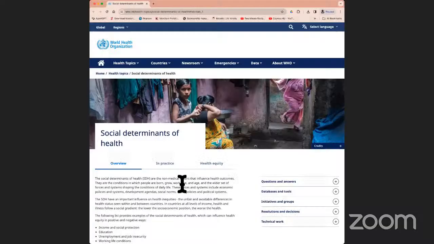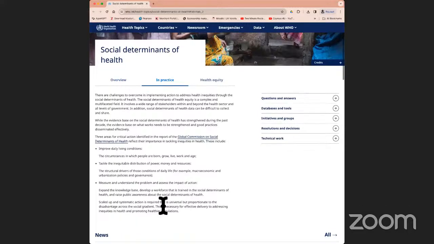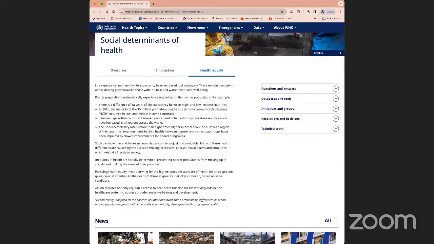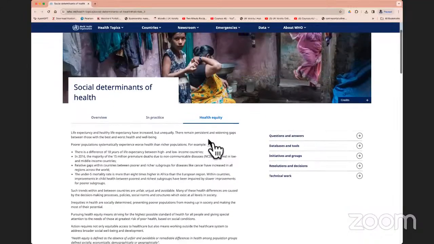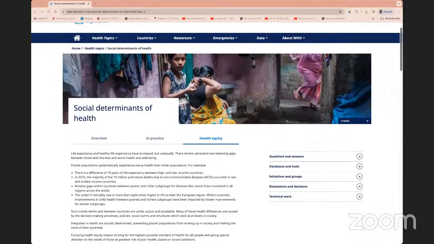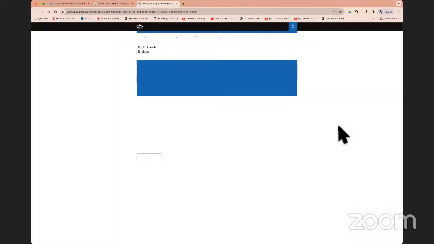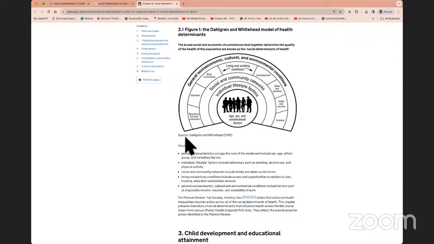So if I go into the website, this is the website from which I'm looking at social determinants of health. There are bits and pieces mentioned here. I would want to go through some bits of the article here and obviously discuss health inequality. You could pick out some text and bits and pieces from here that will allow you to elaborate on the task. And then the other bit which I would mention is that when I've taken the social determinants of health essentially and the diagram, I would also include that. As you can see, this is what I've taken from the .gov website. When I click on it, it shows me the source, and this is the source,